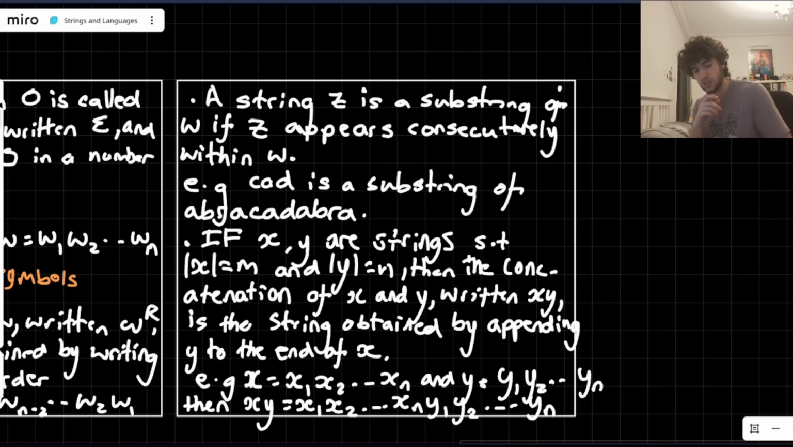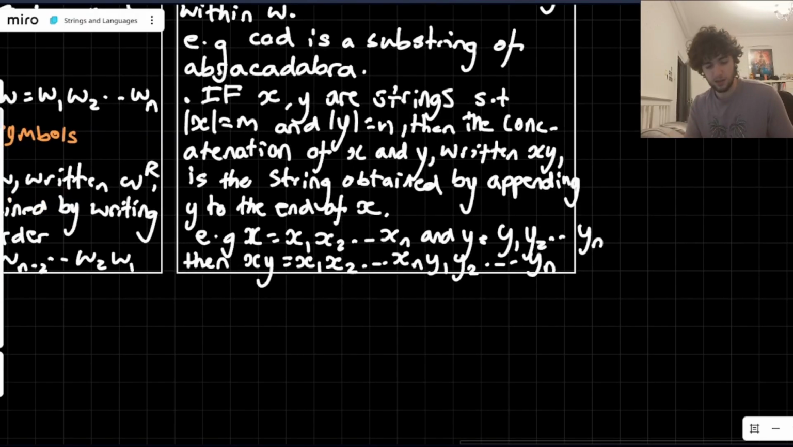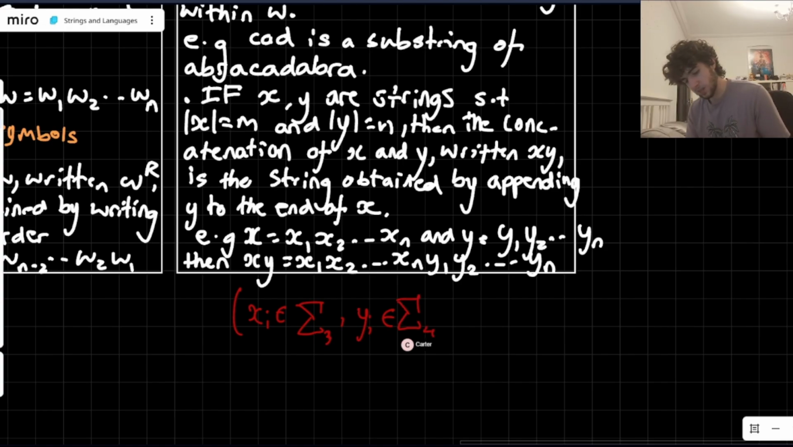So all of these are just symbols. All the xi's and yi's are symbols of some alphabet. We could be specific and say all the xi's are elements of some alphabet sigma 1, and the yi's are elements of some alphabet. We already used sigma 1, let's use sigma 3. Yi is an element of some alphabet sigma 4. We could say something like this, but ultimately all we're saying is that we have two strings, right,